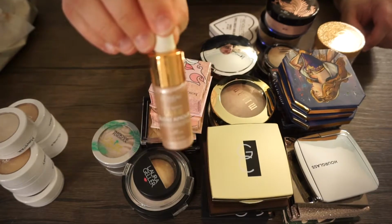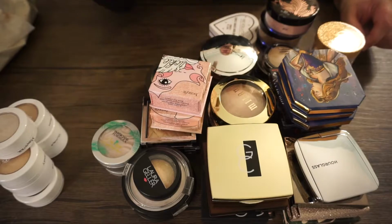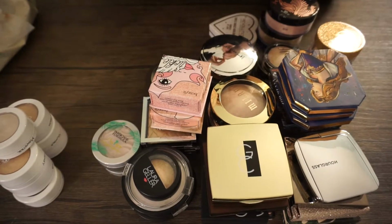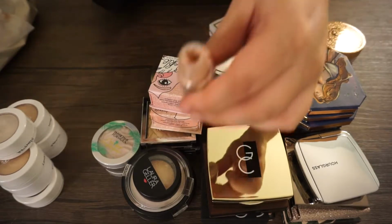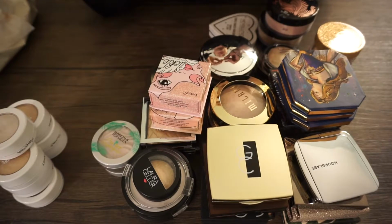This I'm actually going to get rid of. This is the L'Oreal True Match Glow More Boosting Drops in Daybreak. This was just terrible. And I felt like this came empty, like nothing gets picked up. It feels like this whole bottle is just empty. And this was a recent purchase over the summer, and I was just kind of disappointed that